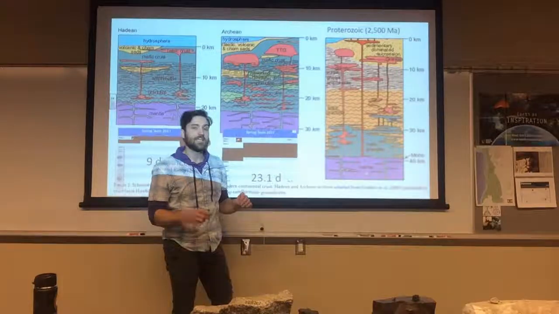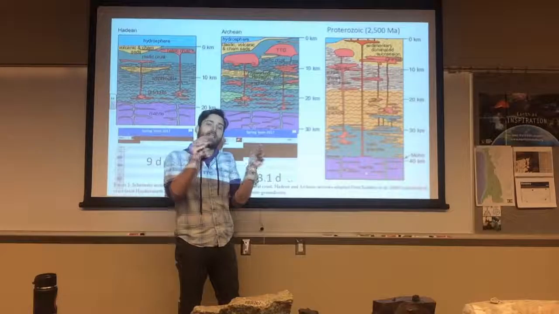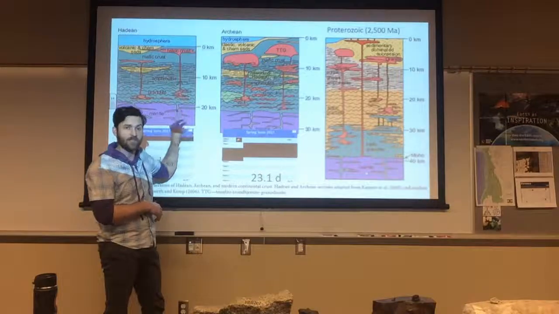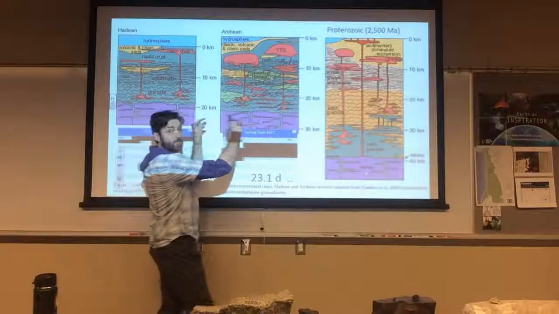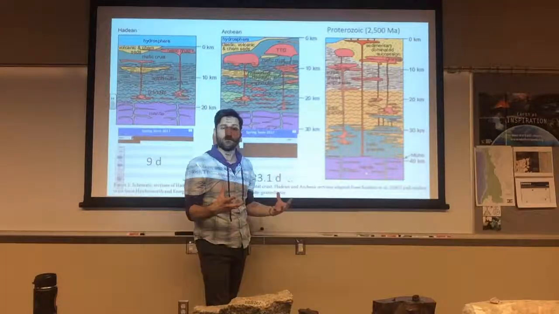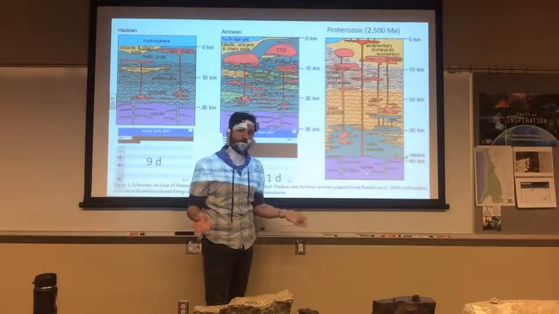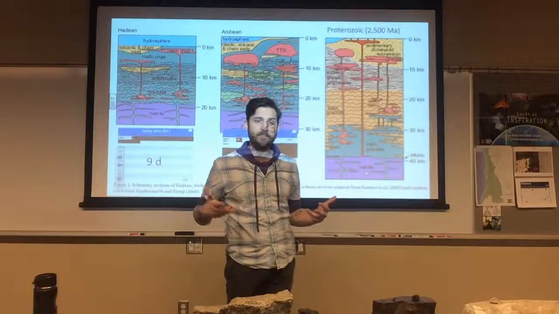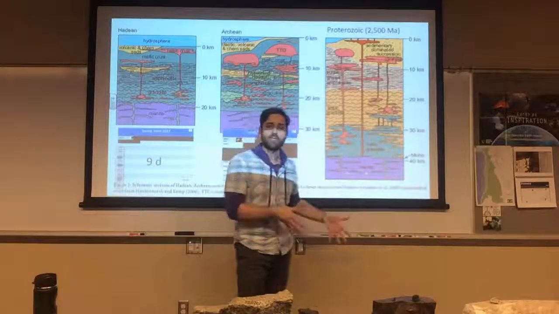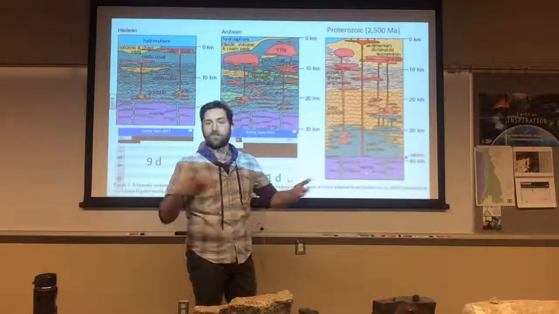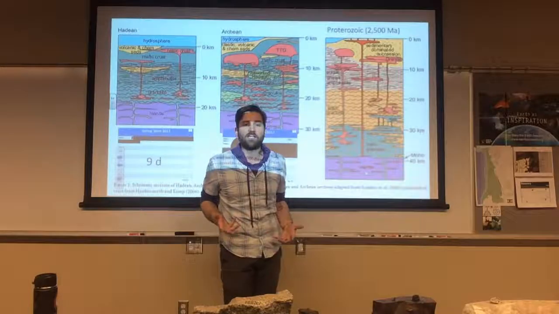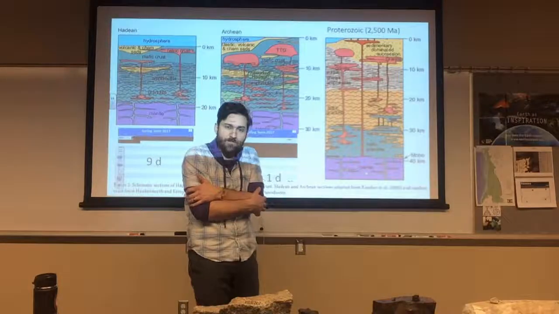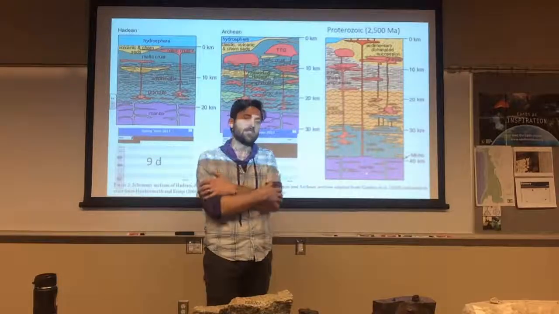As if the Earth is getting a better and better insulating layer on the outside, right? It starts out with a lot of heat escaping through thin crust. As it gets a thicker and thicker crust, it's better at preserving its own heat through time. Again, not to anthropomorphize, but this is like putting on a blanket. If you're losing heat and it's cold outside, say you go from a nice warm house outside into the 32-degree Fahrenheit weather and you're starting to get cold, a way to preserve the heat that you have before you get totally frozen is to put on a blanket, to put on an insulator, right?